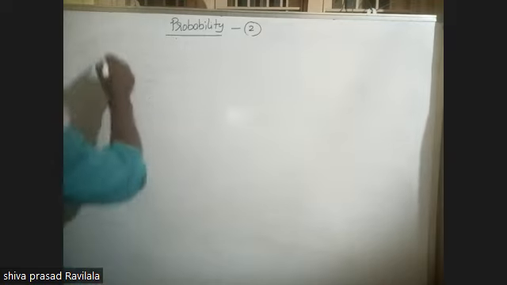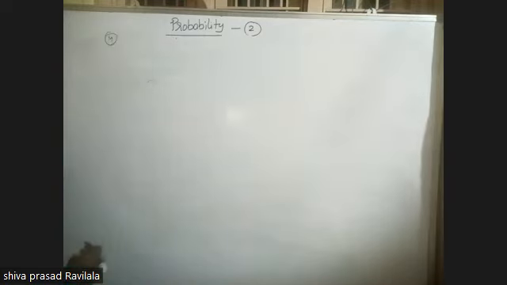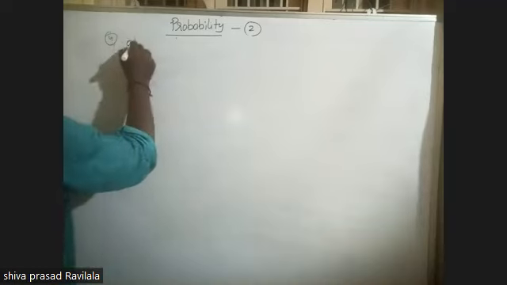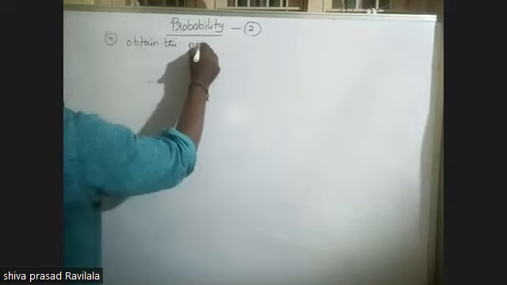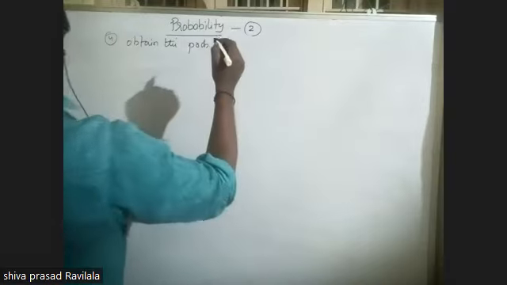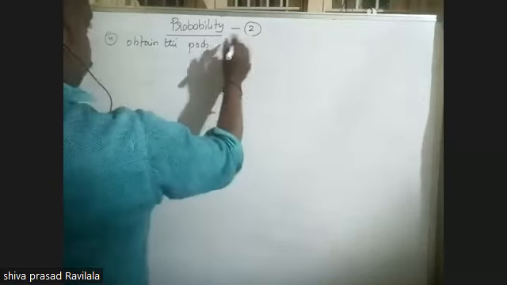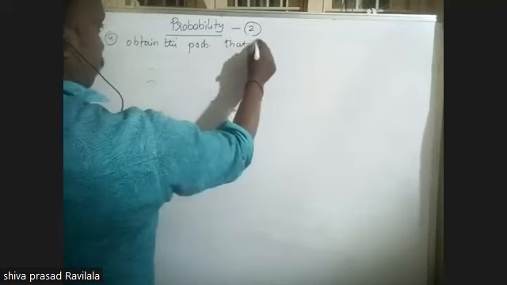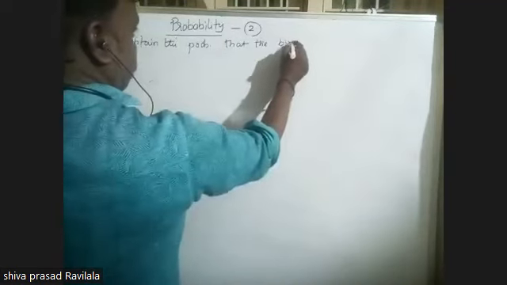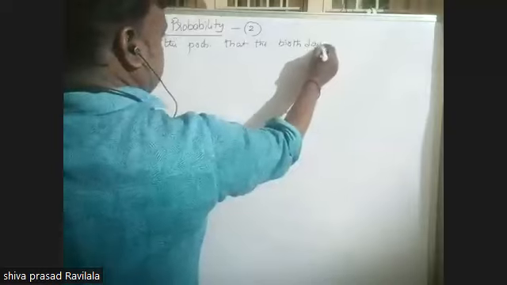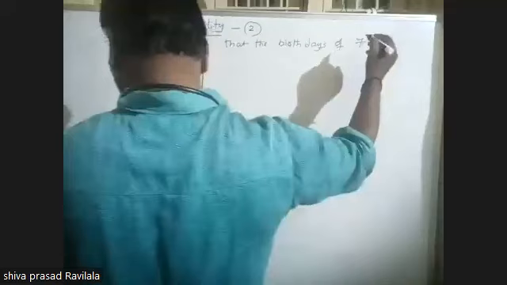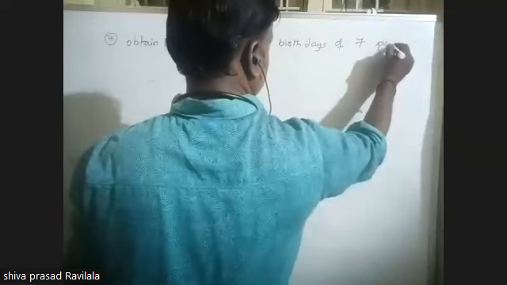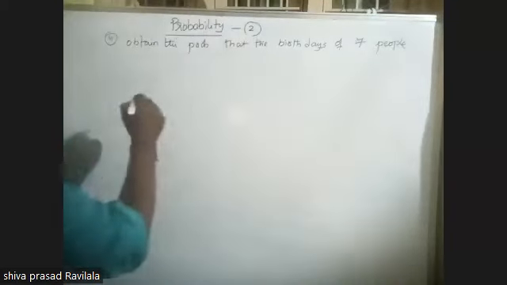And one more question. Observe the question. Obtain the probability that the birthdays of 7 people will fall on